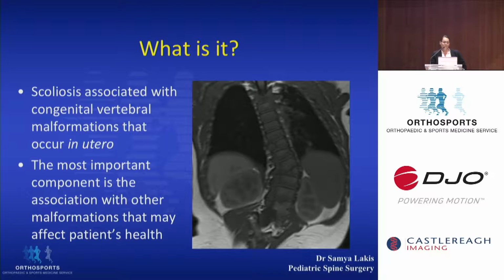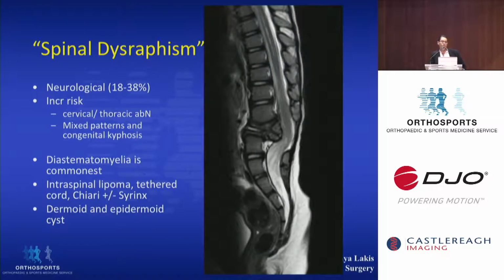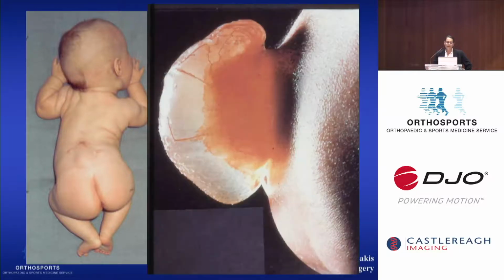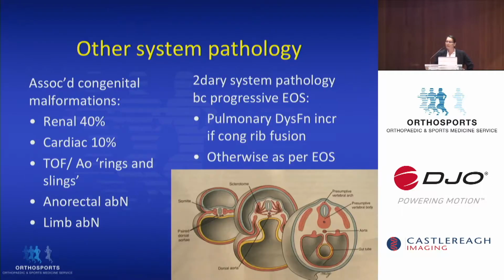for counselling. So up to 40% will have spinal dysraphism, and this is where there's an abnormality of the actual cord, whether there's a split cord, a failure of formation of the posterior elements. And you might see this with this baby, where they've actually got a very low-grade type of spina bifida to a full-blown lumbar meningocele. The other system pathology that can happen is up to 40% will have kidney anomalies, 10%